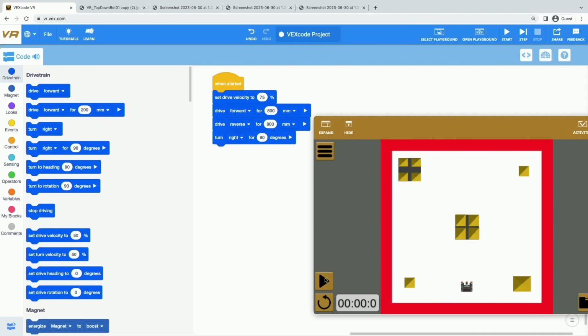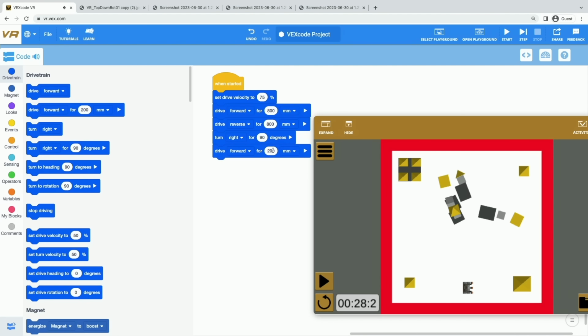So let's reset our field and run this project again. One of the great things about VR is that we can constantly run our projects over and over again really easily. And now we can see that when we turned right for 90 degrees, our robot is here. It's facing that last castle. So what do we need to do next? What's the next behavior our robot needs to do in order to crash that castle? Well, it's going to need to now drive forward again, right? Because we know that our robot's ready to crash it when it turns right, but we haven't told it to drive forward. So our robot only does exactly what we tell it to do. So now we're going to add another drive for block to our project.